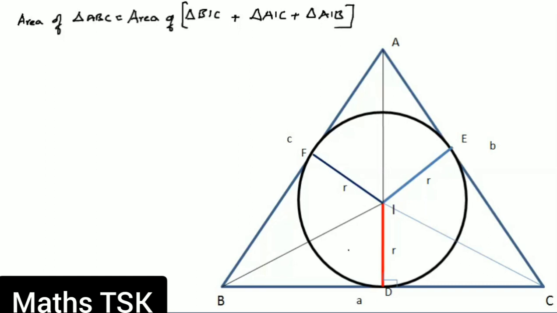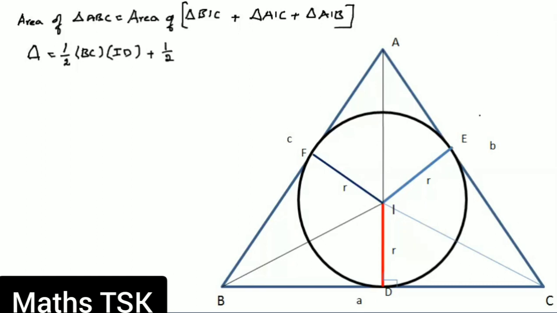Look here, there is the first part, second part and third part. If you add all these, you will get the area of the triangle ABC, which is denoted by delta, right? So what is the area of triangle BIC? We know that the area of a triangle is half into base into height. ID is the height, base is BC. So I can write it as half into BC into ID, plus half into, for this triangle,